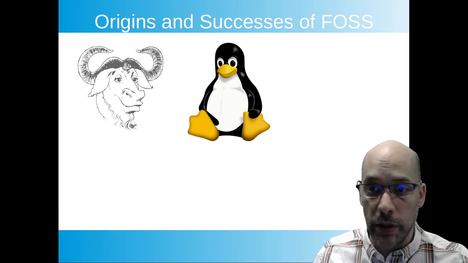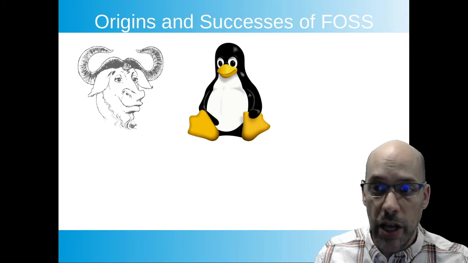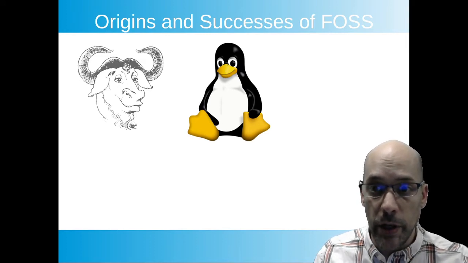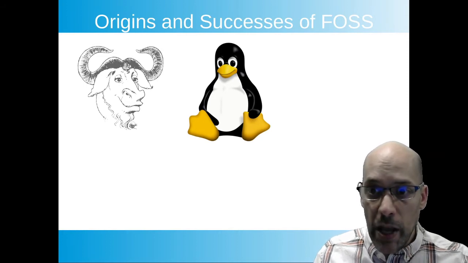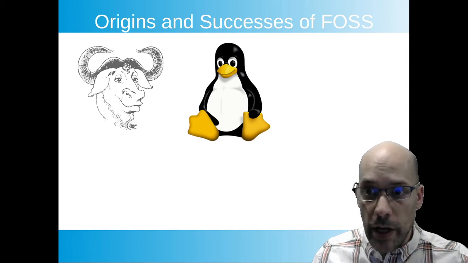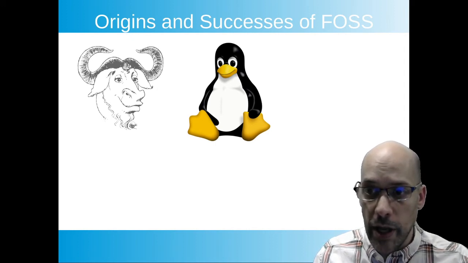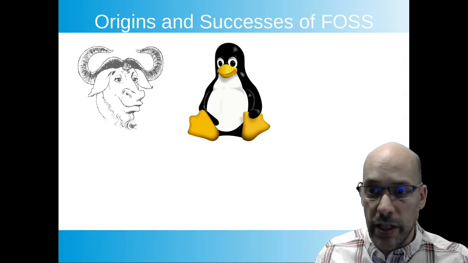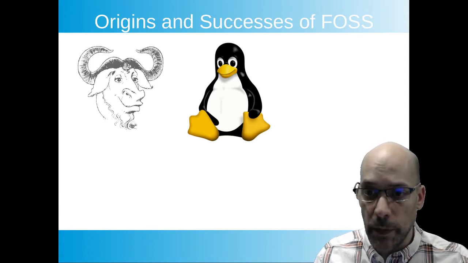license to require what the Free Software Foundation calls the 4 essential freedoms, which are the freedom to run the program as you wish for any purpose, the freedom to study how the program works and change it so that it does your computing as you wish, the freedom to redistribute copies so that you can help others, and the freedom to distribute copies of your own modified versions of the software to others. Many FOSS licenses adhering to these principles have followed.